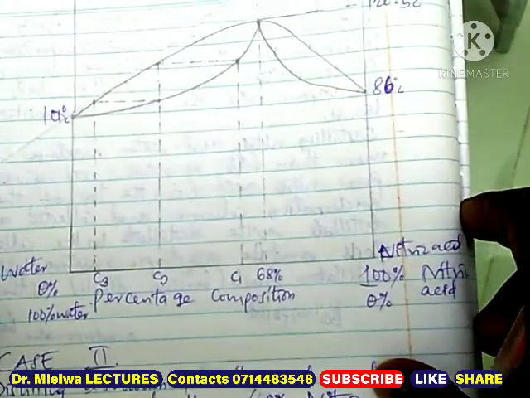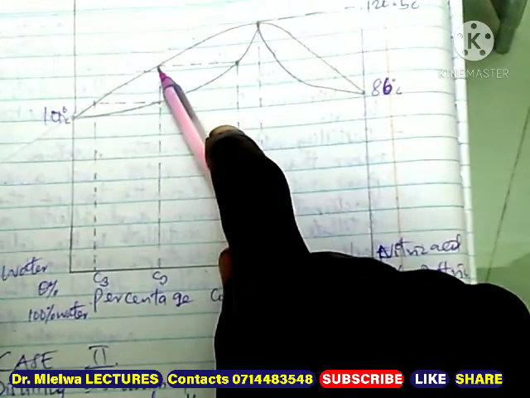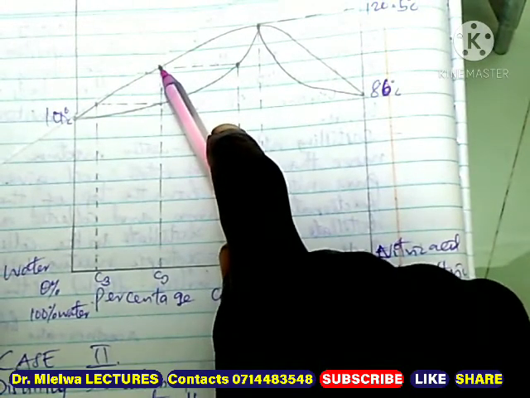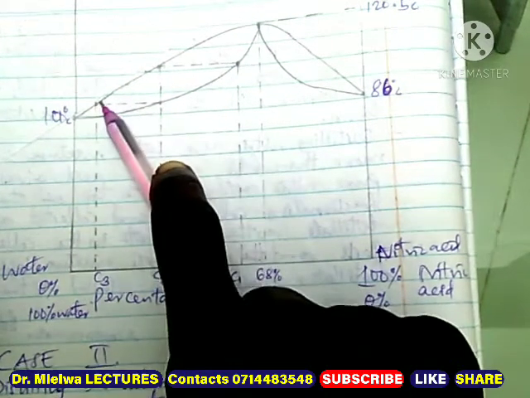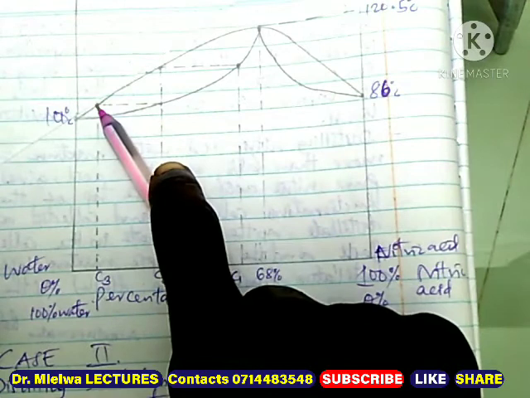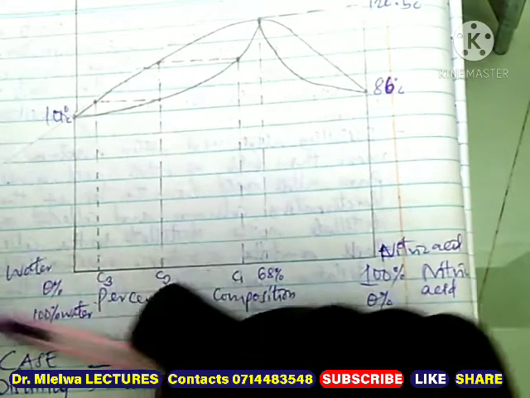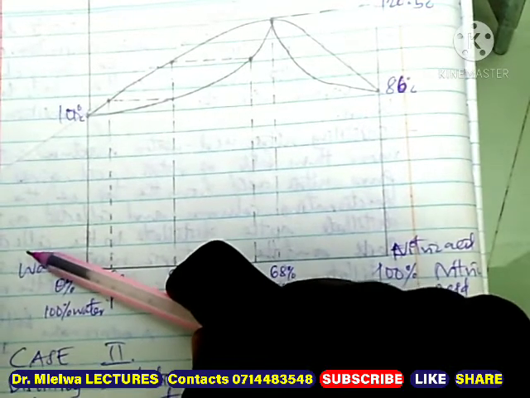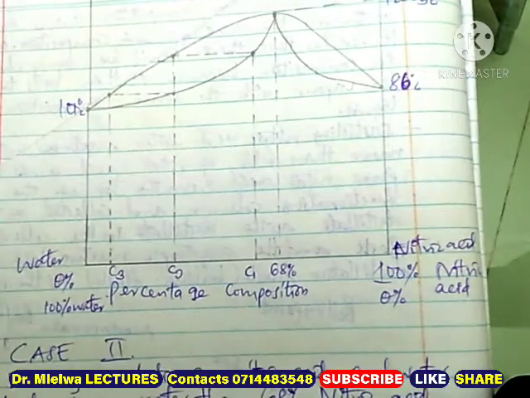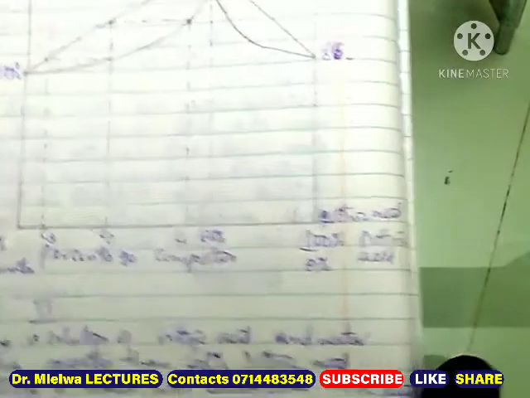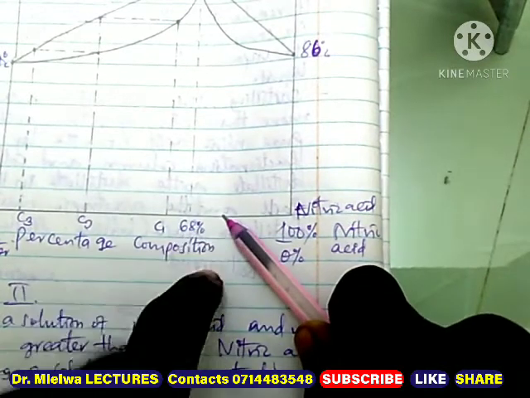This is what happens if we have a solution at concentration C1, we distill it, then after evaporating it, we condense, we get composition C2, then we evaporate again, composition C3, we condense. At the end of the day, we will get pure water as the distillate in the collector, and the residue will be azeotropic mixture. But in case 2, tukianza na solution ambayo imezidi nitric acid, which is greater than 68,